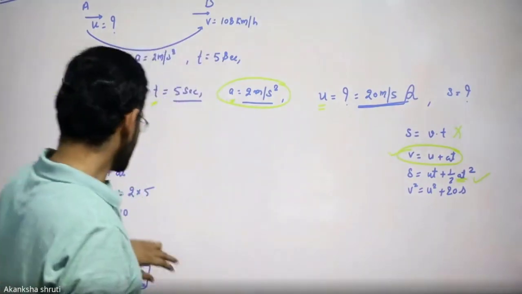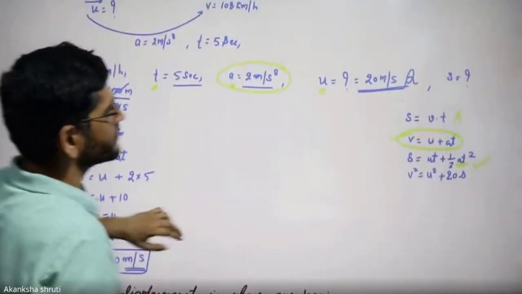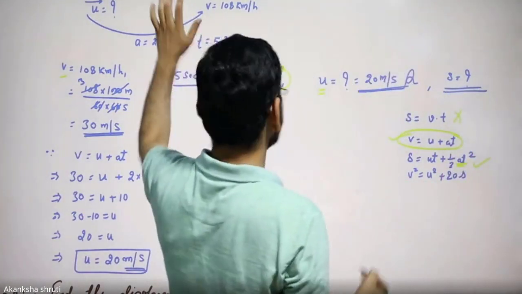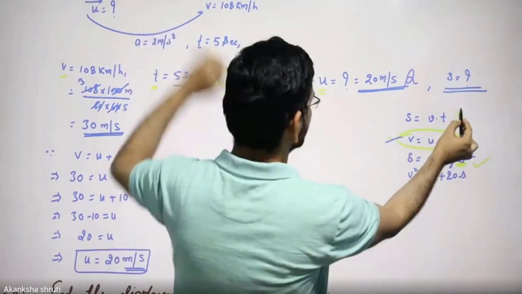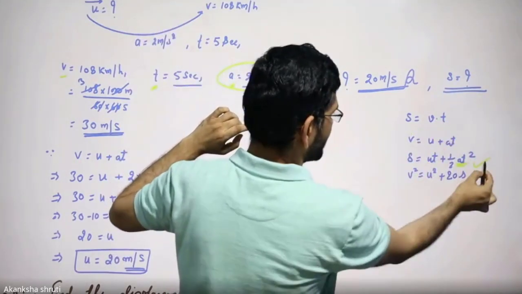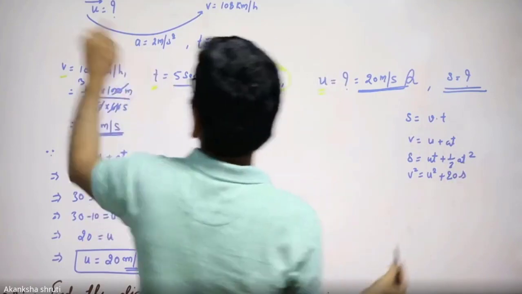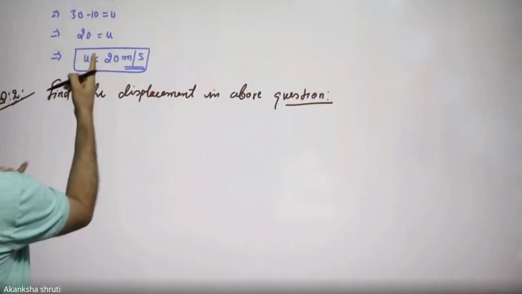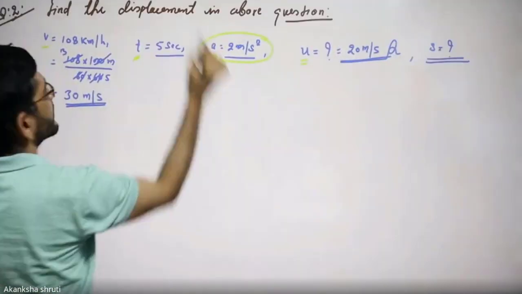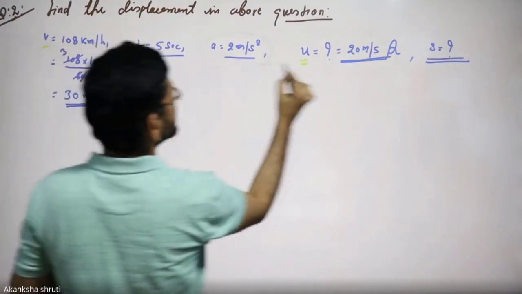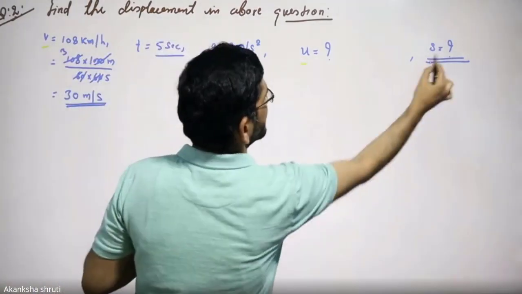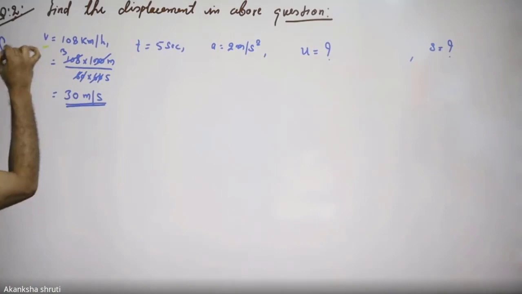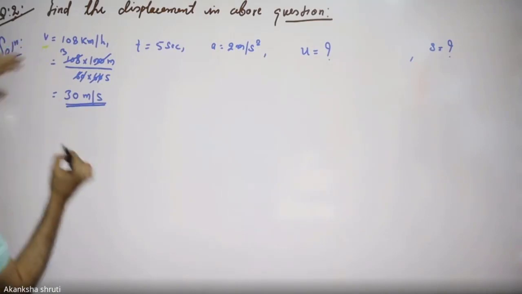Now, let us come to this second question, or this part, where we want to calculate the displacement. Students, for displacement, again we have to search for the applicable formula. Again, for this second question, just copy the given quantities. So the quantities given and to be calculated are like this. First you need to write them. Our solution is, so the very first step is to write the given quantities.